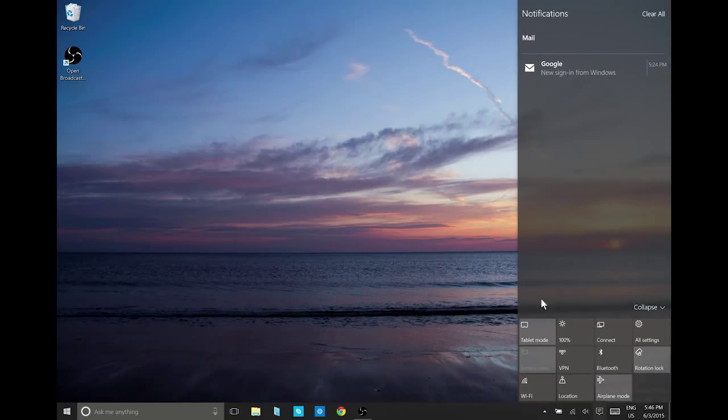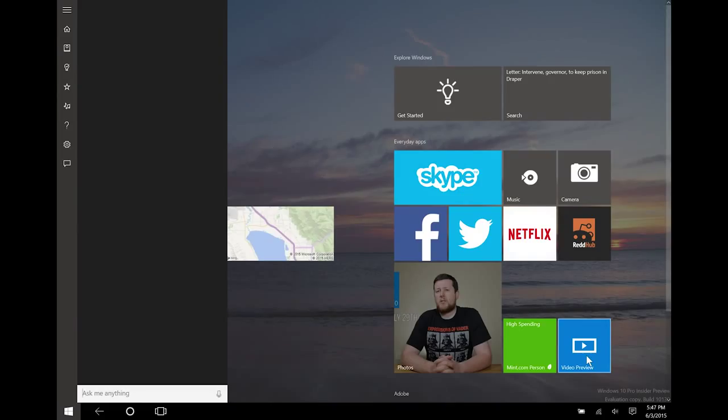Once we bring this up, we're going to see that it has a host of settings built in here. One of those is tablet mode. We're going to go ahead and click on that. Tablet mode is a cool feature that bridges the gap between Windows 7 and Windows 8. When you're in desktop mode, it's going to feel a lot like Windows 7, just like it used to feel. When you go to tablet mode, it's going to feel more like Windows 8, which was really kind of built